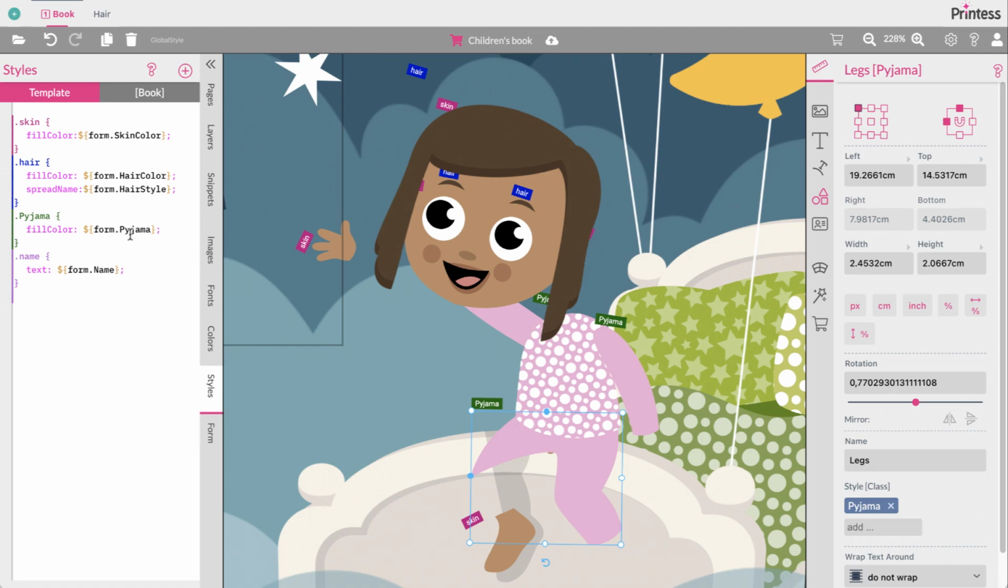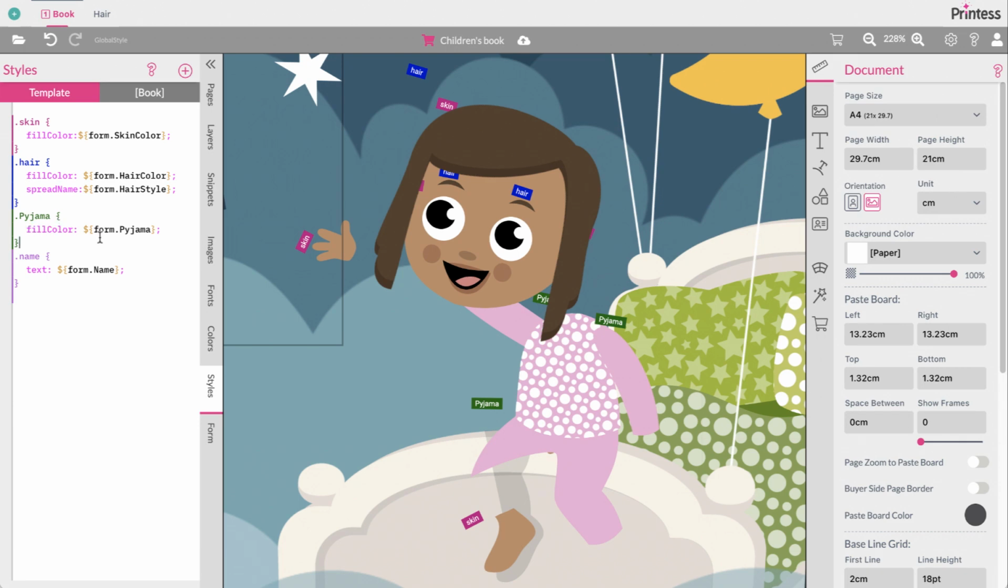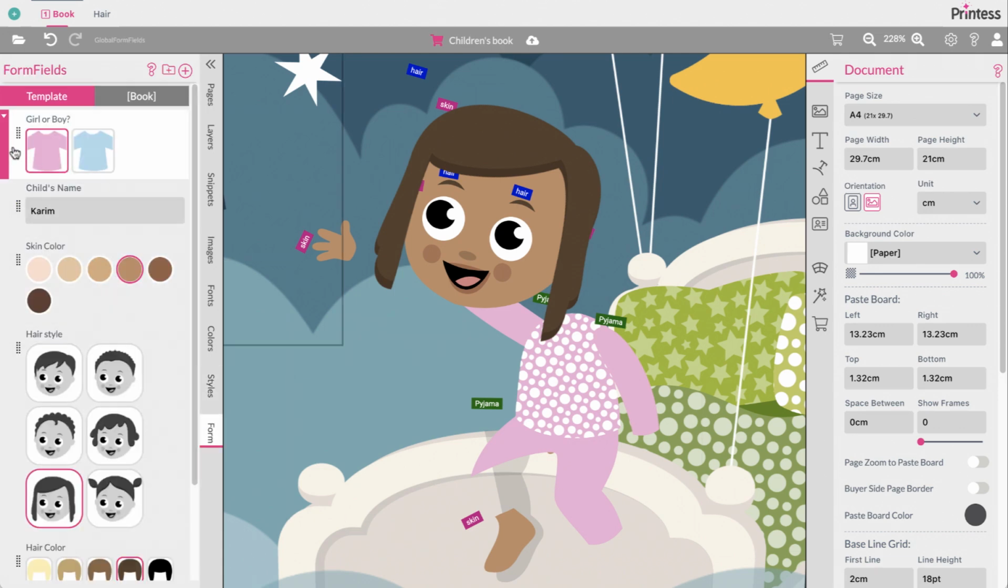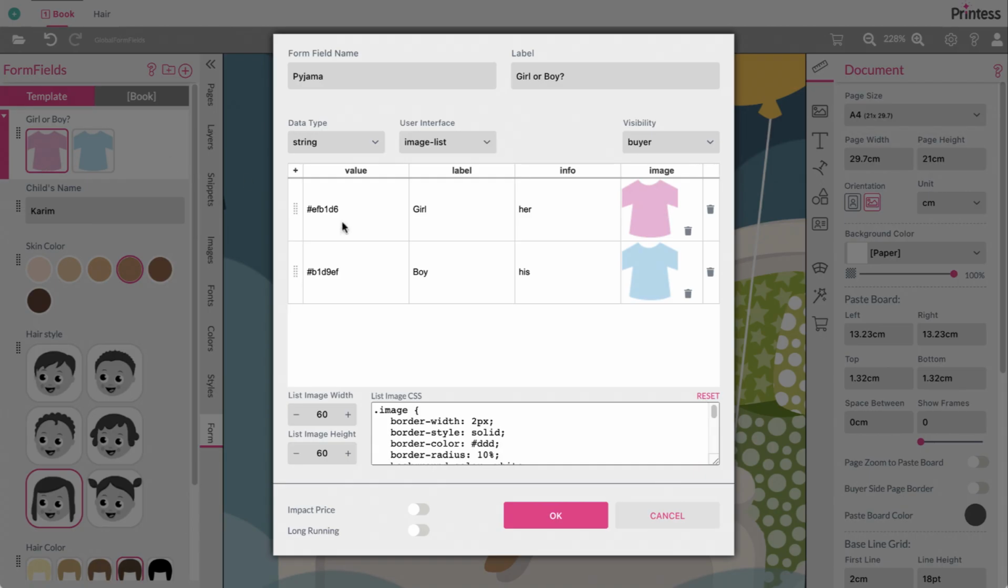and we have quite a nice documentation about how to write the styles. And they're fairly simple. So let's have a look at the pajama style. It actually sets the fill color to a value, and the value is the form field, which is called pajama, which we can recall is just this form field here, which has two options, pink and bluish, and the appropriate